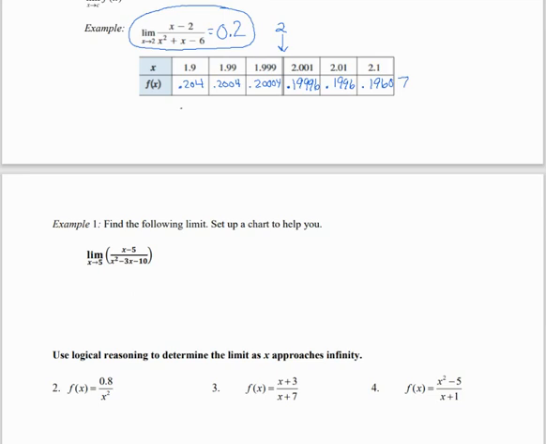Here's my function, x minus 5 over x squared minus 3x minus 10, and we're going to find the limit as we approach 5. So you can set up a chart. If you have a graphing calculator, you can use similar values to the chart above. Or if you don't have a graphing calculator, you don't need to be as specific. We could do things like